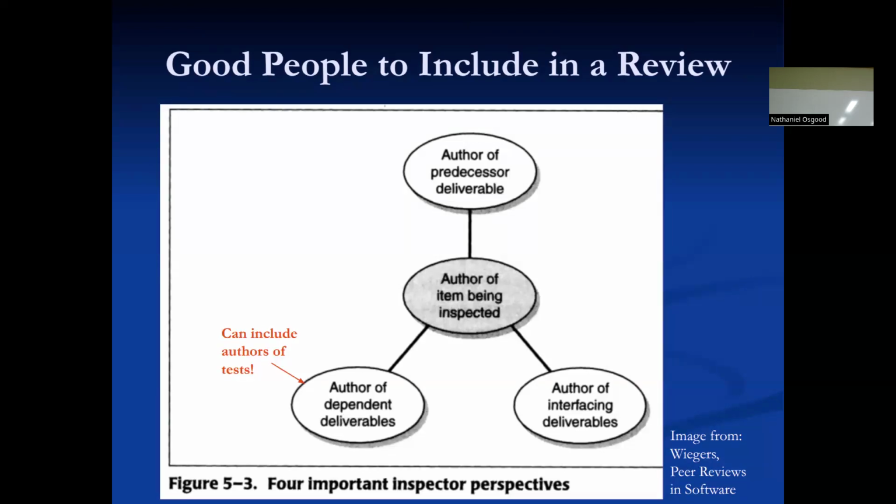So who to involve? Look, if you need reviewers of pull requests, or you want to invite people to inspections, it's really good to think about who comes there. For example, the author, interfacing deliverables, dependent deliverables, predecessors. What have I talked about here? If you have code that is being reviewed, who might be others that might come there to good effect? When I say predecessor or dependent, I just want to make sure that I'm communicating something meaningful to you.